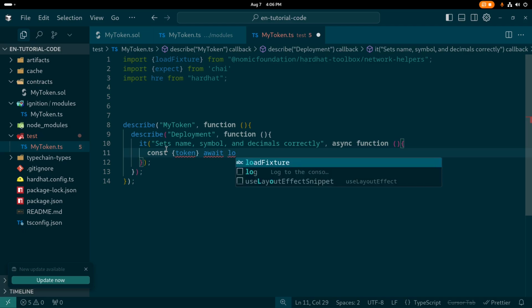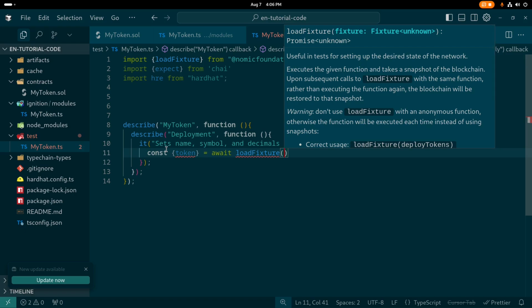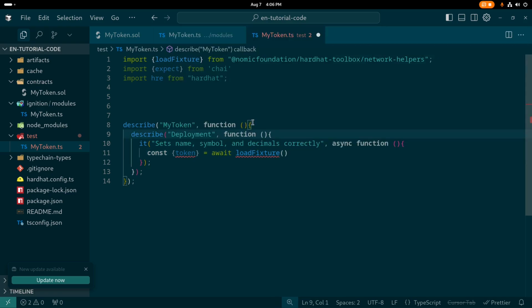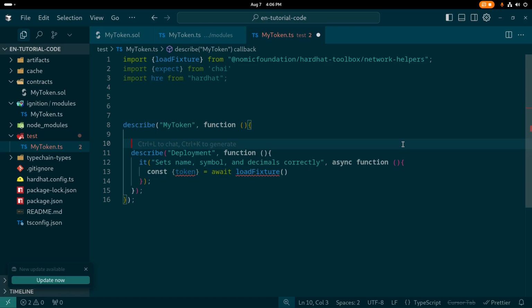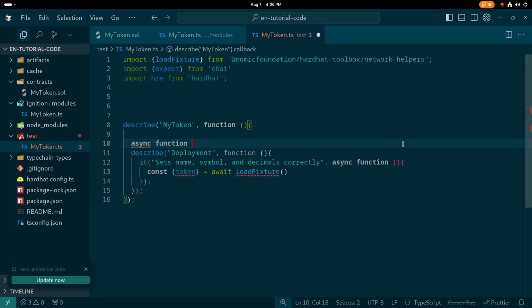Await. Here will be an equal sign, loadFixture. With this we are going to deploy our contract. It will take a callback function. I'm going to make this callback function up here, before this describe. The name of the function will be function deployTokenFixture,